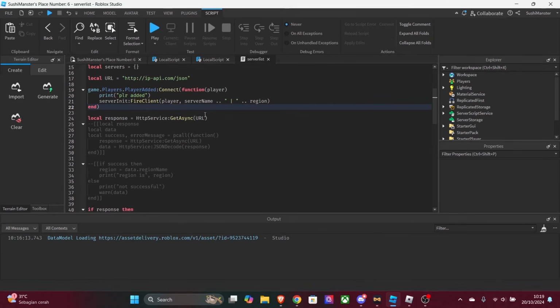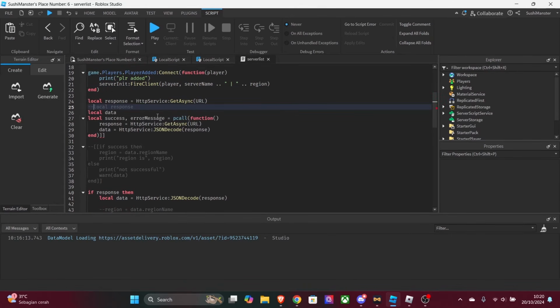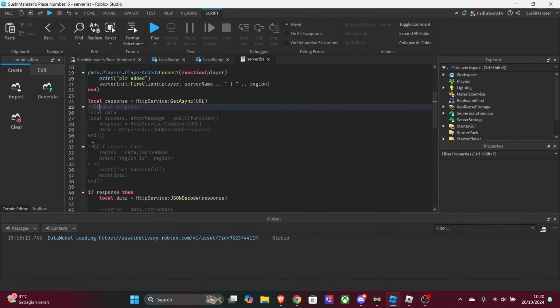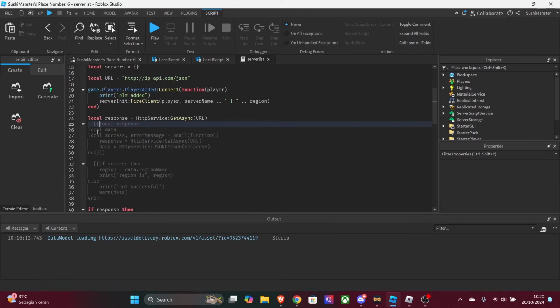And now let's fix this part of the code. So here in this code, we get async the API, but if there were to be an error, then the entire code would be broken. So that's why I added a pcall right here. Okay,